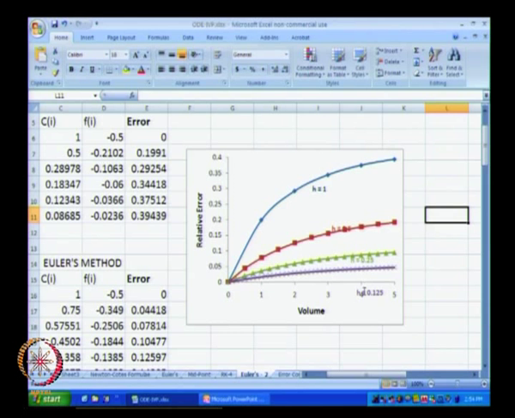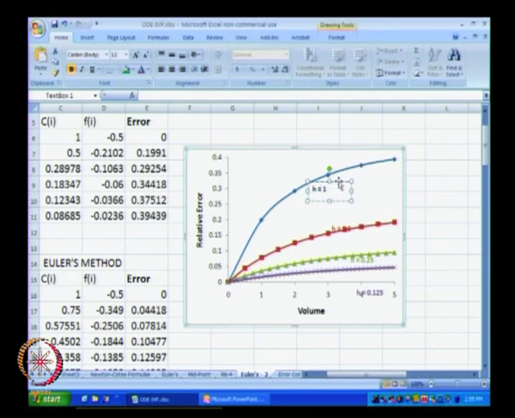So, for h equal to 1 this is how the error changes. As we had seen, the error starts with 0 because at volume equal to 0 we exactly know what the starting condition is, and as we move away from that volume and as the volume increases we see that the relative error increases. In this particular example it increases monotonically, but there is no reason why this error needs to increase monotonically always. The other thing that we also observe is that the error more or less falls linearly.